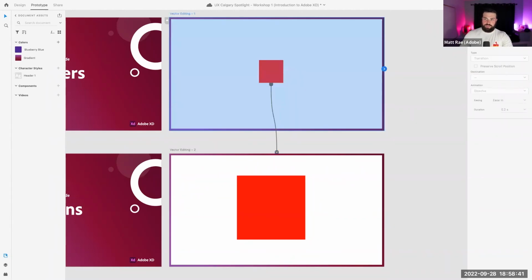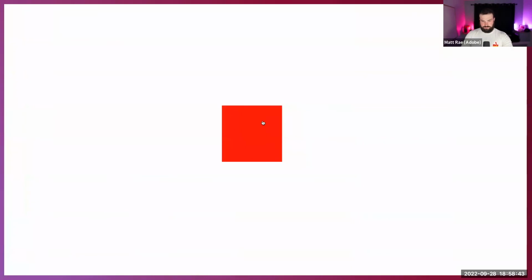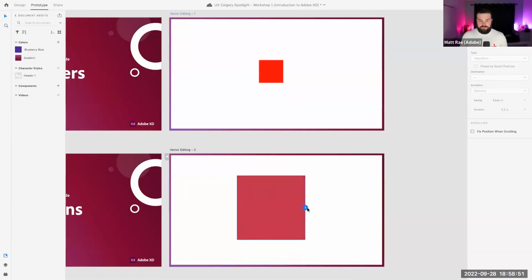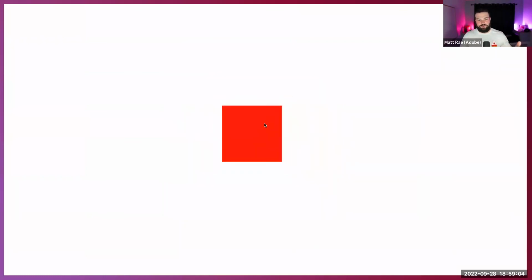And now when we hit play, if I click on that rectangle, you're going to see it expand up into the rectangle. Pretty straightforward. Now I can also set this to come back, and XD will kind of remember the settings I have. So as I drag this out, it's going to apply all the same settings. So now when I hit play, I can just click and snap and bounce back and forth between this